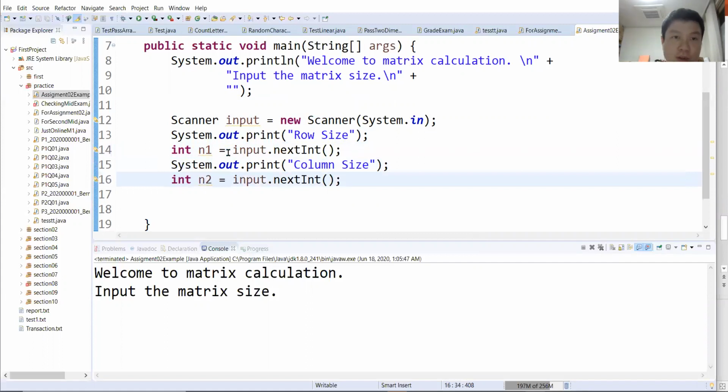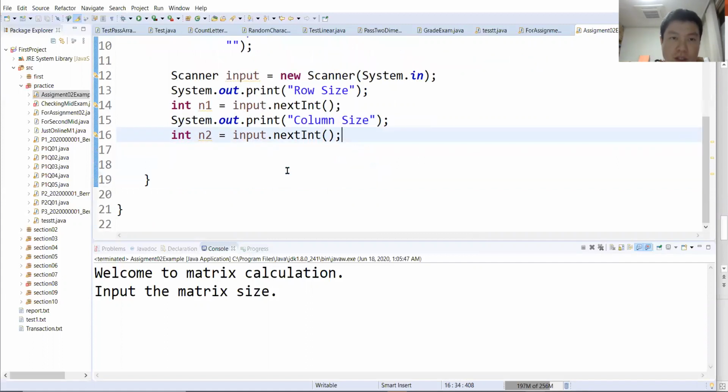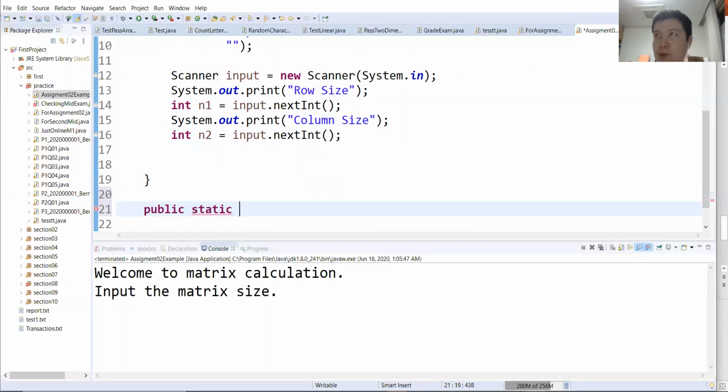So yes, we have the row size and the column size, and now I need to make a matrix. So let's see, I can have a public static method. I want to create two different matrices, so I can just return a matrix, createMatrix, and then you can just give the